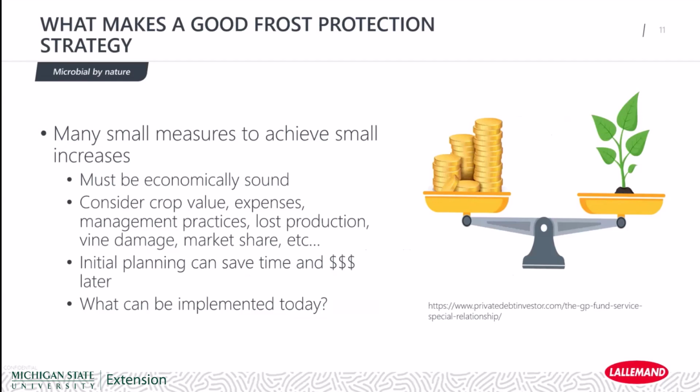So in theory, you can protect a plant, any plant, if you have unlimited resources, funds, land, and ability. Unfortunately, it's not always economically feasible to do so. It's not going to be economically feasible to put tunnels over an entire vineyard and set up a greenhouse system. And we know that. So the strategies that we propose must be economically sound.